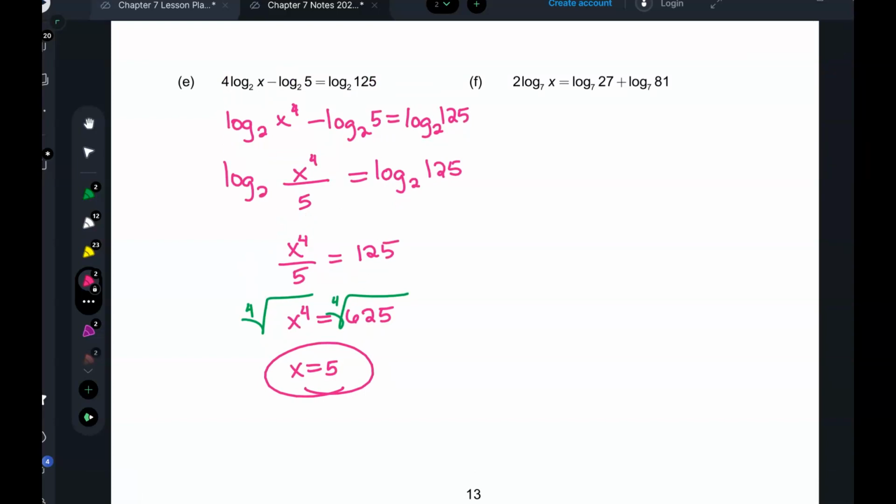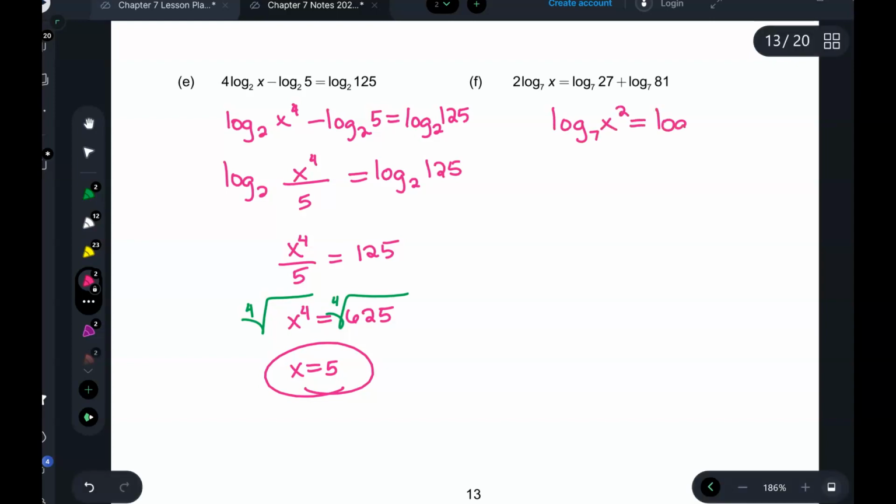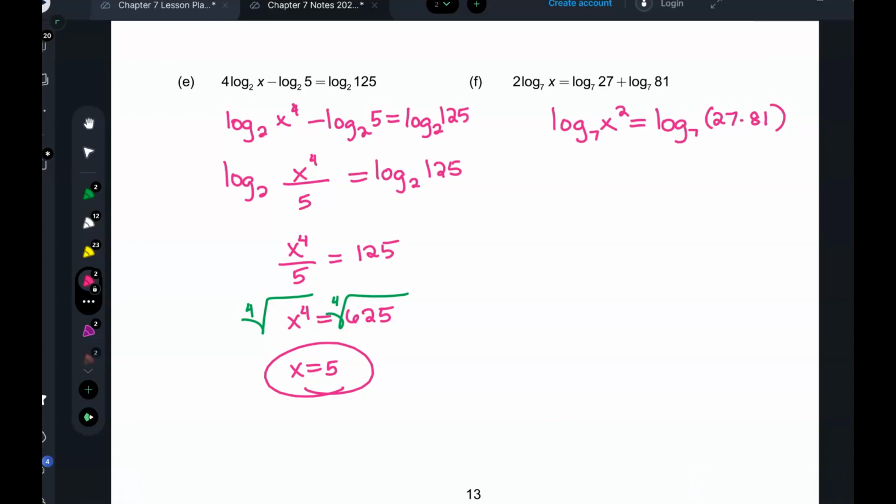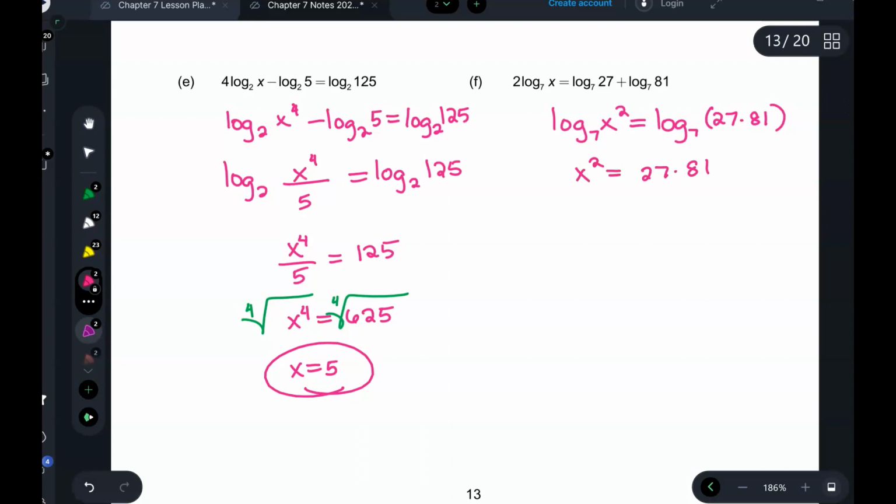Okay, so take care of the exponents. There's just one. So log base 7 of x squared. How about the right side? That's going to be a big number. My recommendation is to not multiply those together, because what's going to happen with logarithms? The logarithms are going to go away. And when I take the square root,